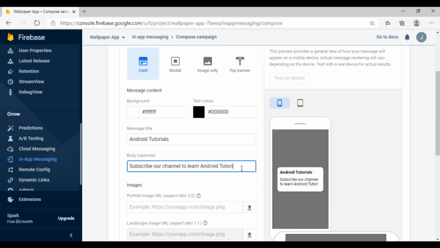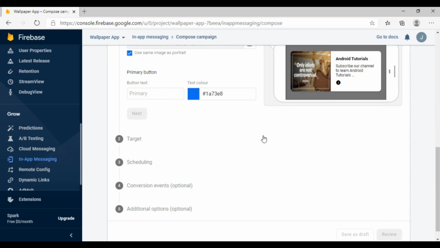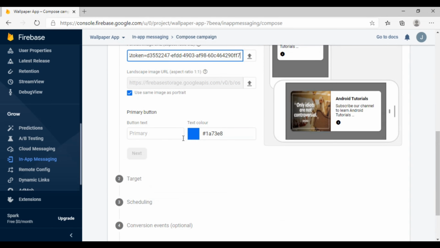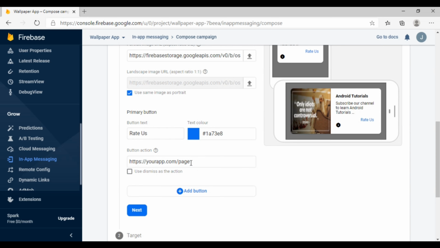So this is my image that I created first and uploaded and saved in my device, and I had added this link. Now here you can write the action, and if you check this box, then our notification will be dismissed, and if you uncheck that box, then you have to write the specific link where you want to redirect your user.